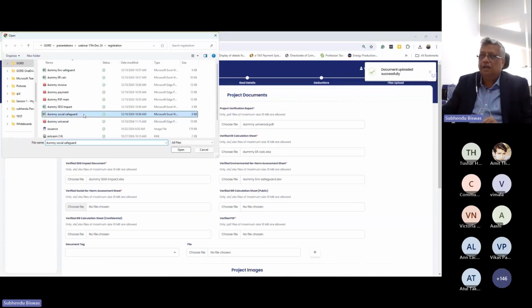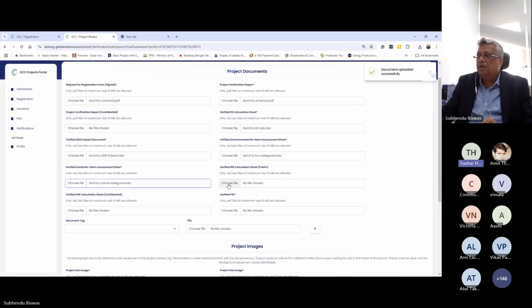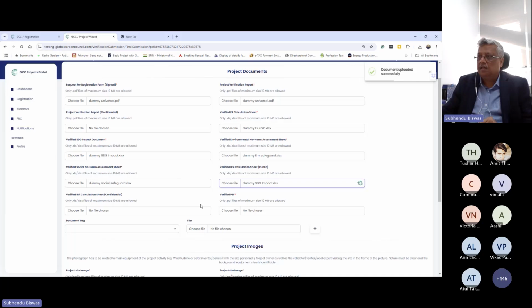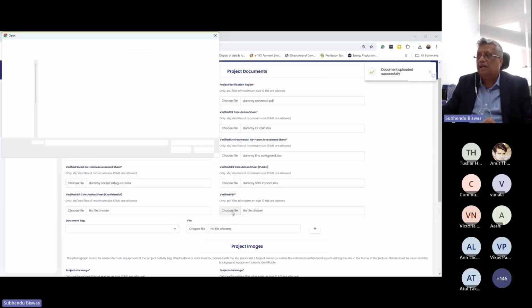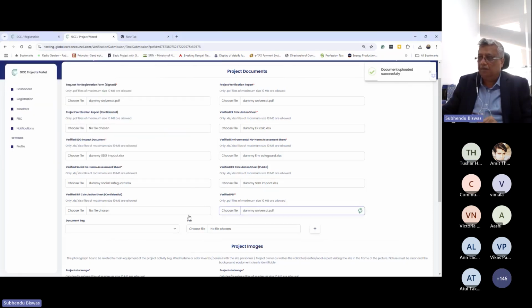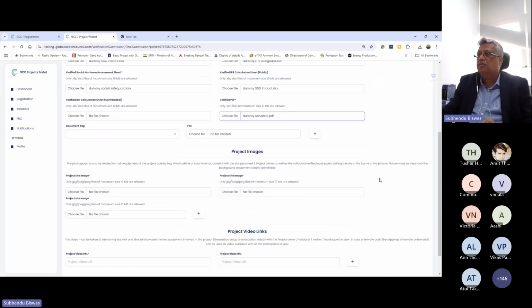Social safeguard would get uploaded as a document. At this point in time, these two are the same Excel sheets. If there's an IRR involved, they're going to upload a document against IRR, which gives the IRR. There can be a confidential submission also for the IRR. And finally, the verified PSF main page will come here. If there are any additional documents, they can choose from the document tag, choose the file, and upload it. So the validator VVB has all these submissions to be made, and then comes to the next part of it,